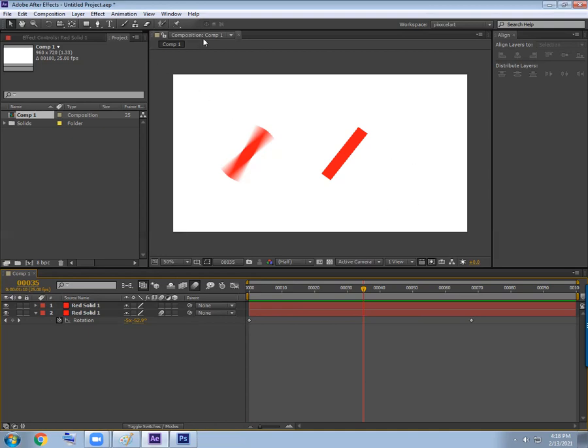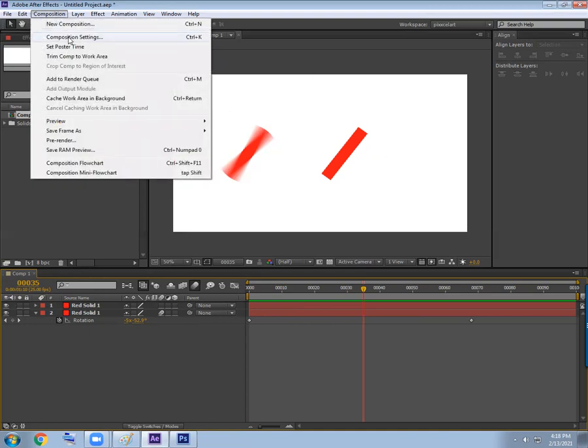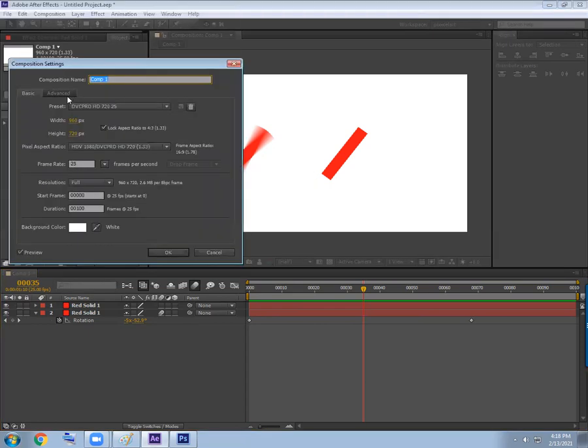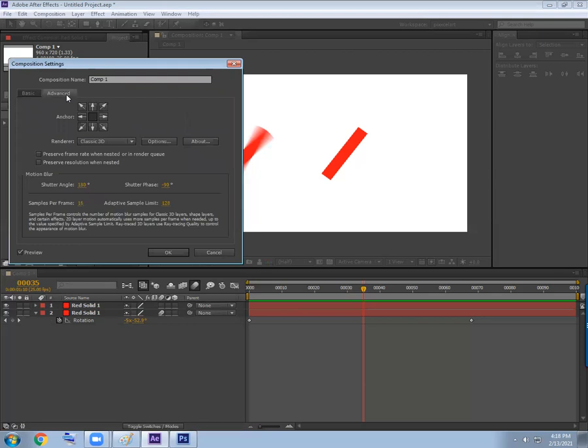Open the composition settings. How to open composition settings? Control K. Where is the option? Inside the composition menu. Now here, go to the advanced settings.